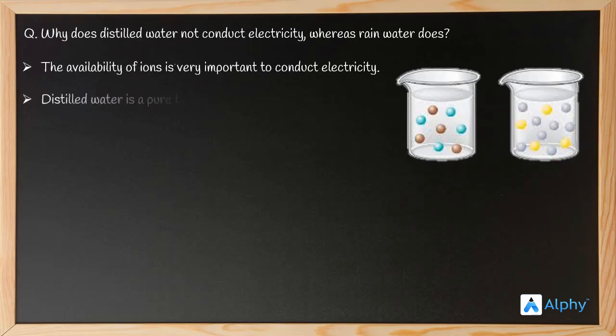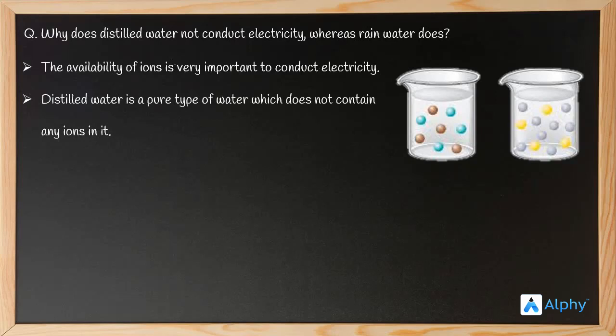Next, distilled water is a pure type of water which does not contain any ions in it. So you can define distilled water as the water which has nothing except water, right? The normal tap water we get, or any other water like river water or sewage water, has different contaminants within it. Even the tap water we get isn't actually pure. The purest form of water is nothing but distilled water.